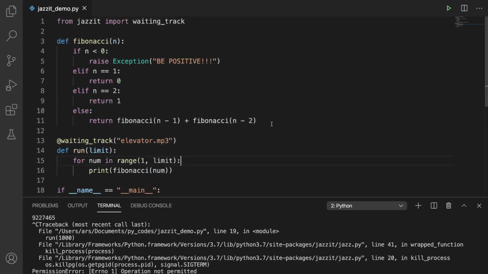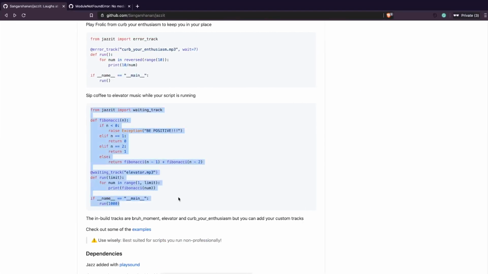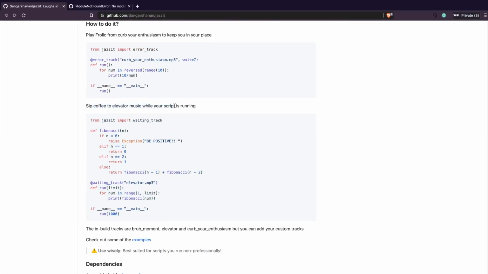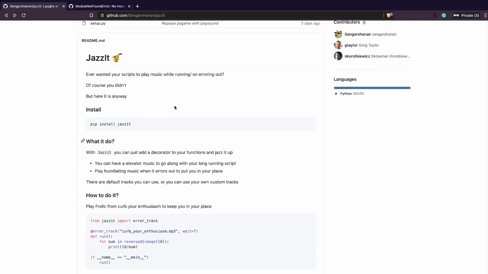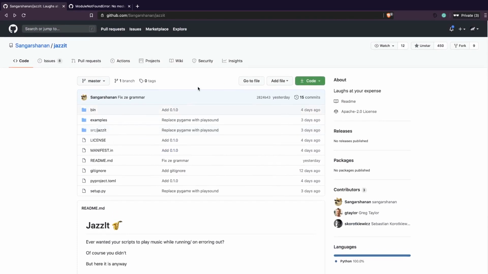So basically it is a way you can understand whether your code is still running. Maybe you've got Bluetooth headphones, so you went to take a cup of coffee, as the developer has said. You can just listen while the script is running, so you get to know whether the script has finished or not. Maybe it is not so handy if you are working in an office, but given the pandemic, this could be really handy at home. You could run a script and walk out of the room, do something else, and when you hear the music, or it stops, you can look into it.